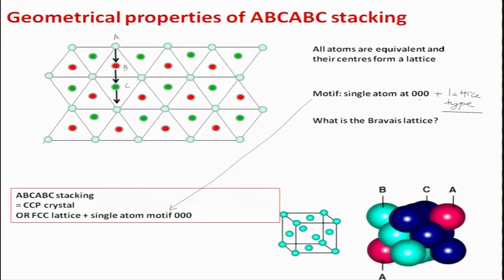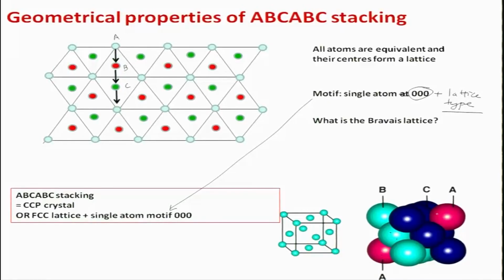Motif is at 0 0 0, a single atom, but what is the Bravais lattice? The Bravais lattice is FCC. An FCC lattice will automatically mean you have 4 lattice points, one at 0 0 0, another at half half 0, another at half 0 half, and another at 0 half half. Okay. Within this unit cell you can form a structure which looks like this. You can see that this is the A layer, this is the B layer, this is the A layer, this is the B layer, this is the C layer, this is the A layer, and within this you can form a cube, and the cube